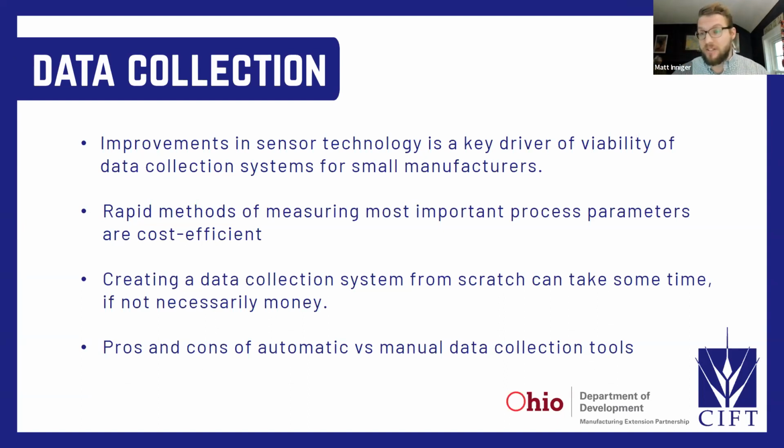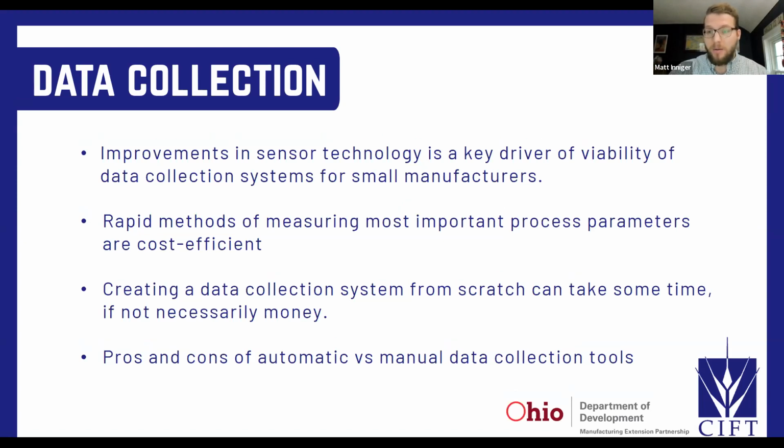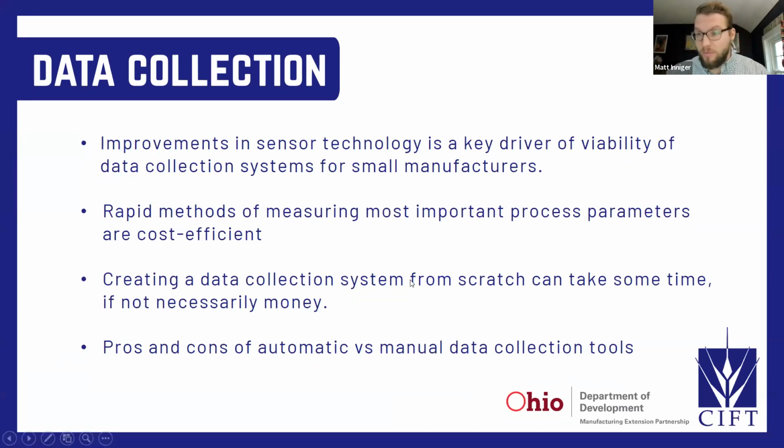Still to this day in lab settings and 20 years ago in all settings, moisture content was measured on a dry basis, right? So a moisture meter would be a scale with a heating element, and you would just heat a sample for an hour until the weight stopped changing a certain amount to signify that you had removed all the moisture, and then the difference between beginning weight, initial weight was moisture content, right? That's accurate, but it's not rapid, because if you start, you're lucky to get 3 data points a day